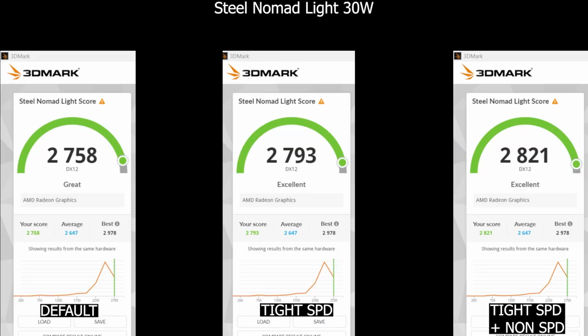Now for the 30 watt setup: default 2758, tightened SPD 2793, and tightened SPD and non-SPD 2821. So we see here a smaller increase, around 75 from default to final tightened timings, but still any improvement could make some change. So far, we've seen quite an improvement across the board, but you guys are probably wondering